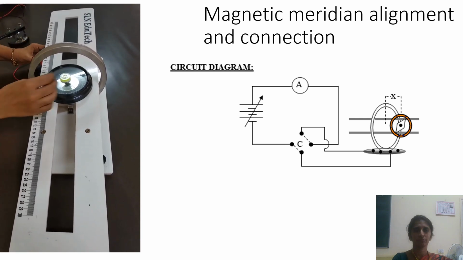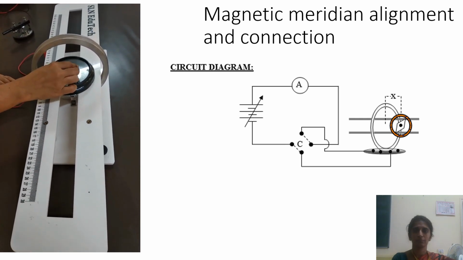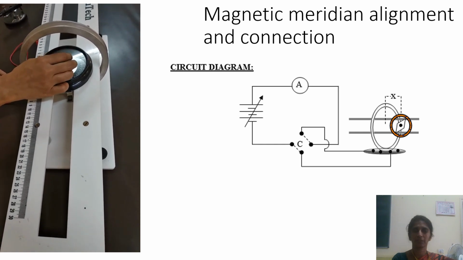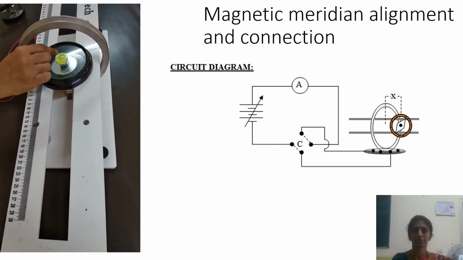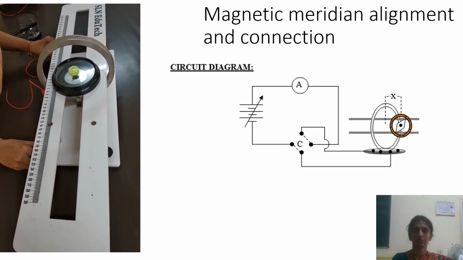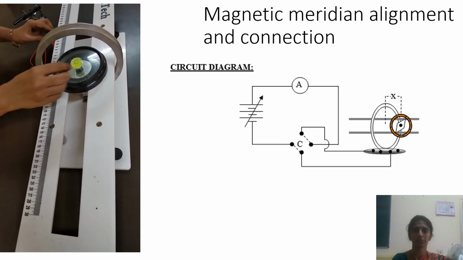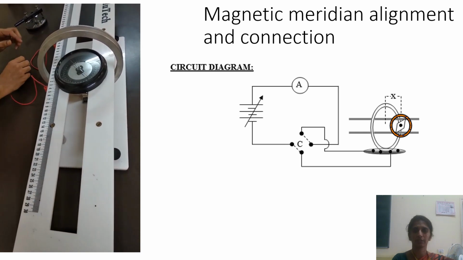Before doing the experiment, we need to check whether this compass is in plane with the ground or not. For that, first keep the water leveler and make sure that it is at the center. If it is not at the center, just use the knobs and bring it to the center. So this is the first step. The second step is